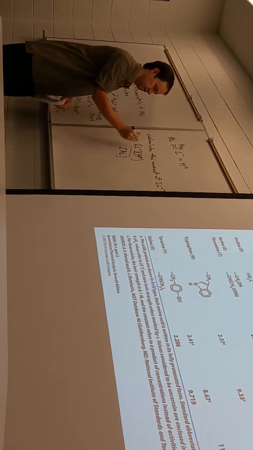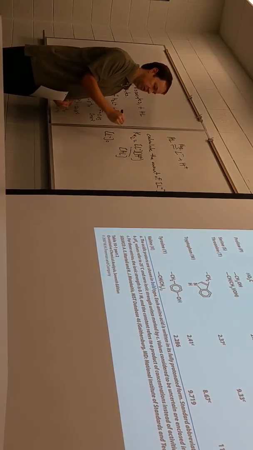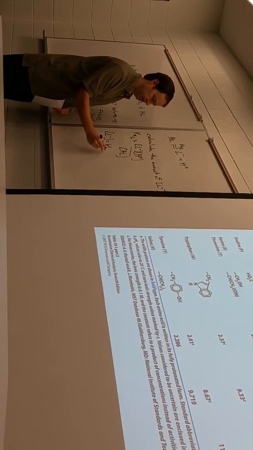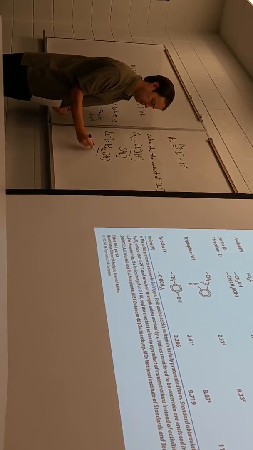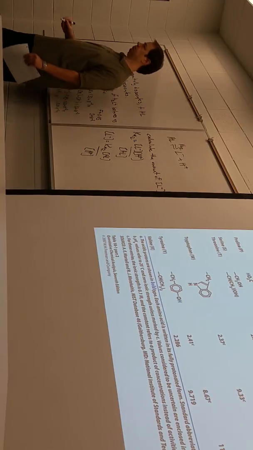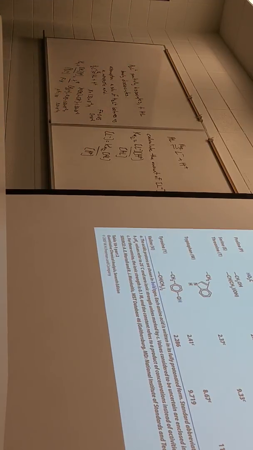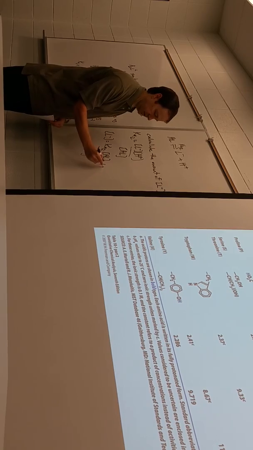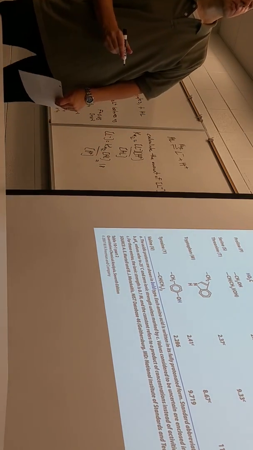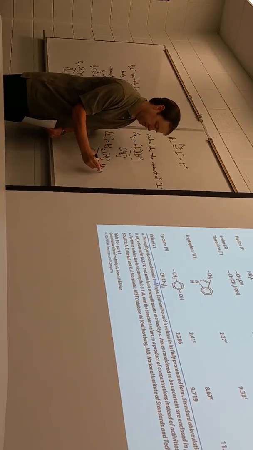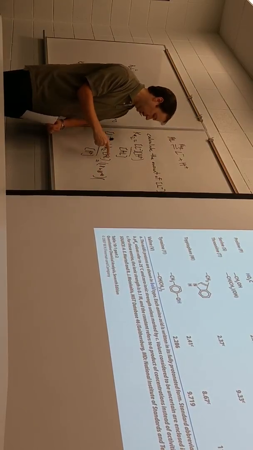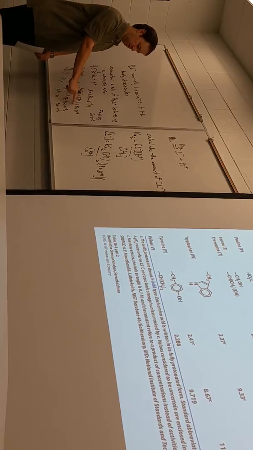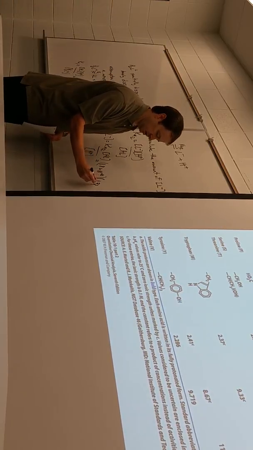So let's rearrange this to solve for the completely deprotonated form. Cross multiply: Ka2 times HL over H plus. Simple algebraic rearrangements. And you say, oh boy, how are we going to do all this? Well, the good news is we already have all those numbers. We have all three of those numbers, actually. We have Ka2, I said that was 1.8 times 10 to the minus 10th. HL was 1.32 times 10 to the minus 2nd.